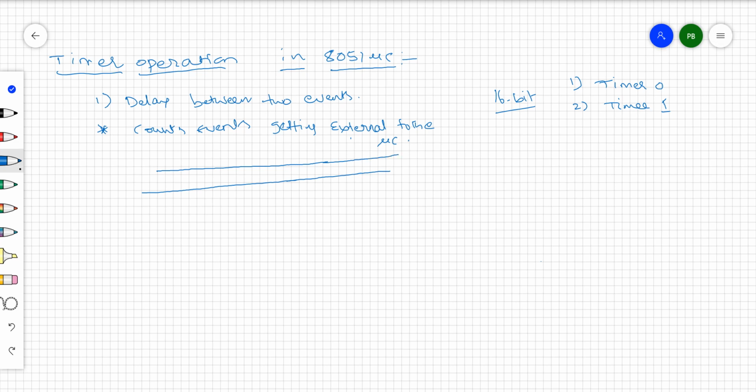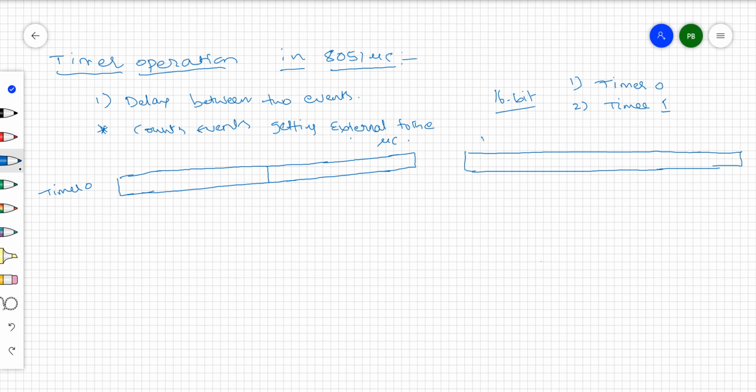Timer 0, both are 16-bit registers. This is for example timer 0, right? In the similar way, this is timer 1.